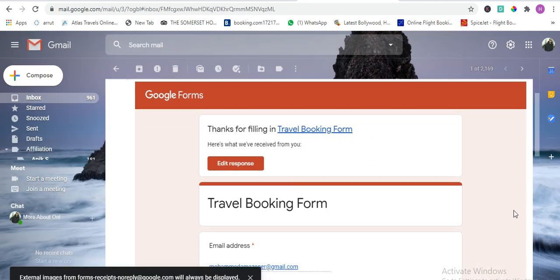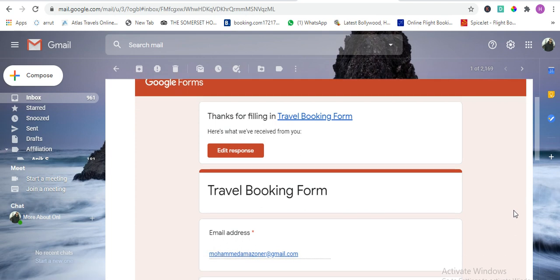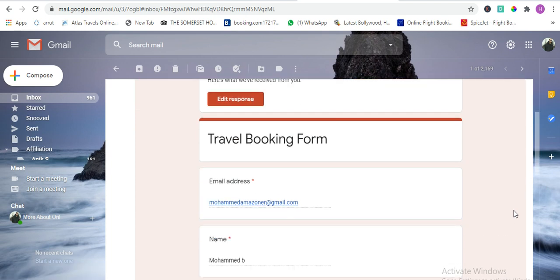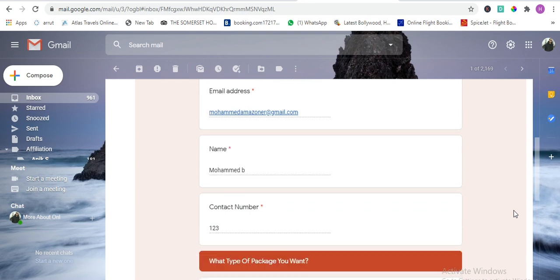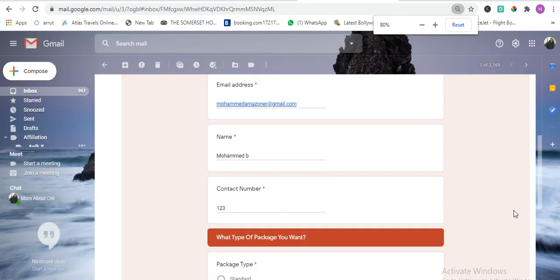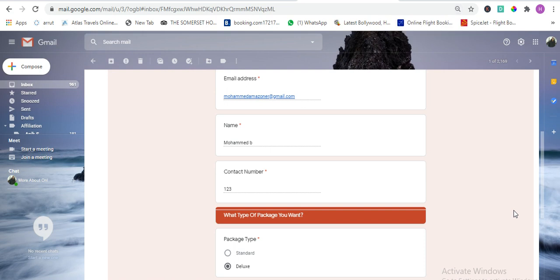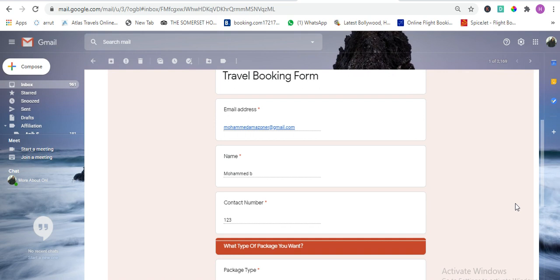These are the details that I had filled up. I'll just adjust the screen so that it is visible for everyone.